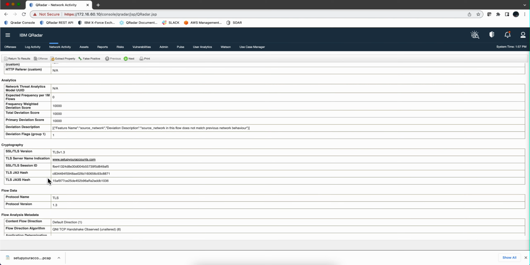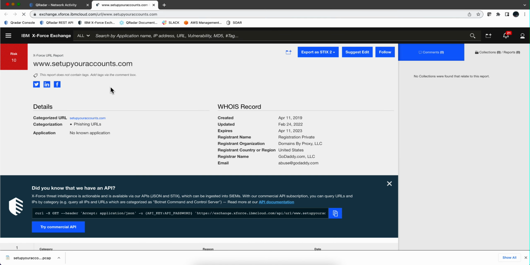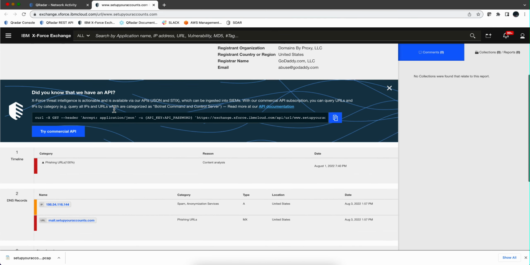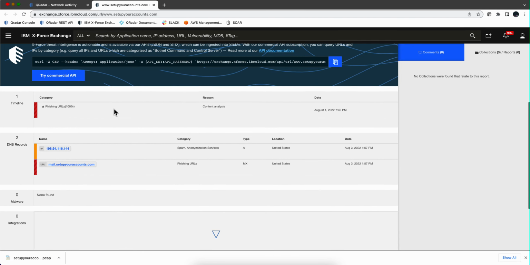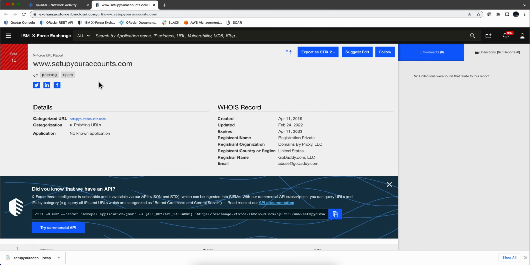But in the past, you needed to actually grab these and go to X-Force or VirusTotal or whatever and look for the data. Now there's a navigation aspect of it that when you click on it, you are actually sent directly to the X-Force, and you can actually see from here the data regarding that IOC, which is pretty cool. In fact, if we